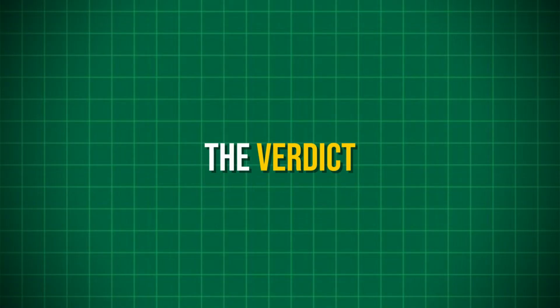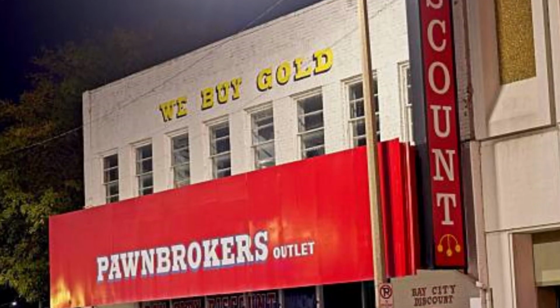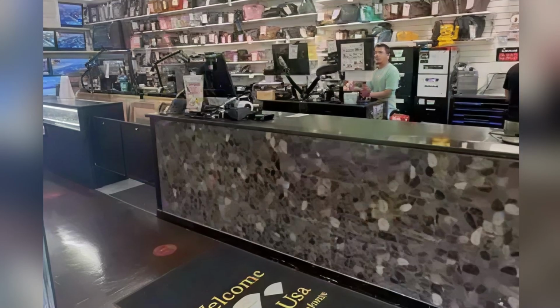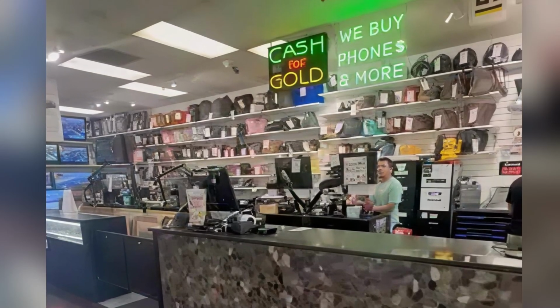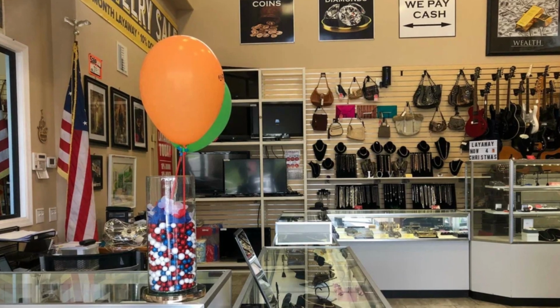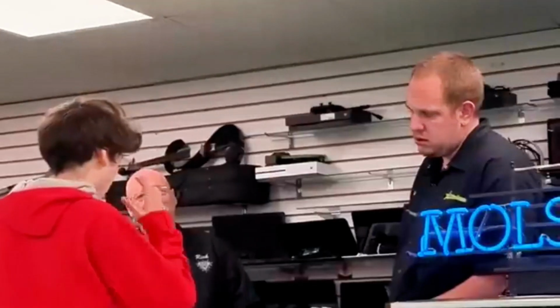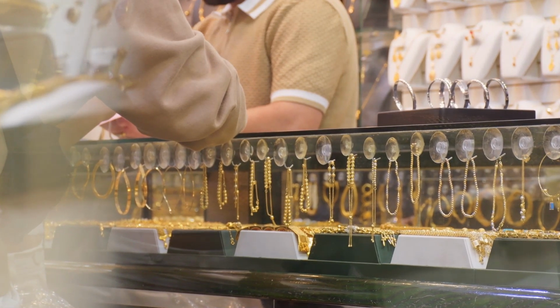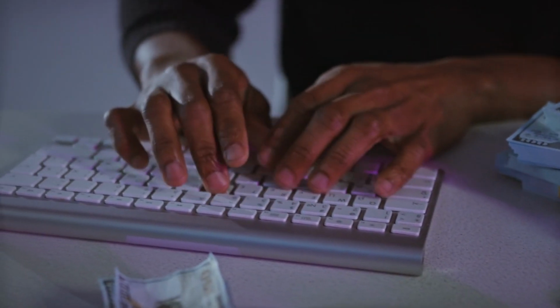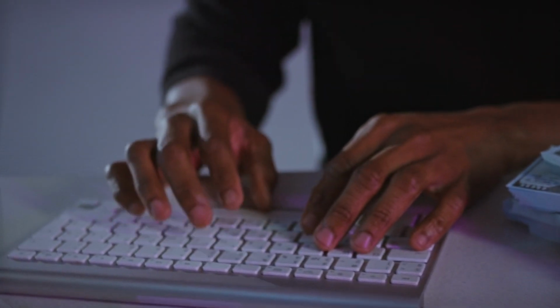The verdict: how the winners win. Is the business worth it? Yes, but the industry is consolidating fast. The losing model is the standalone shop run by an owner who appraises by gut, keeps paper tickets, and has no inventory system. These shops make too many bad bets and can't track their loan book. They're dying off. The winning model is the multi-location operator, standardized appraisal training, digital pawn software, integrated police reporting, centralized